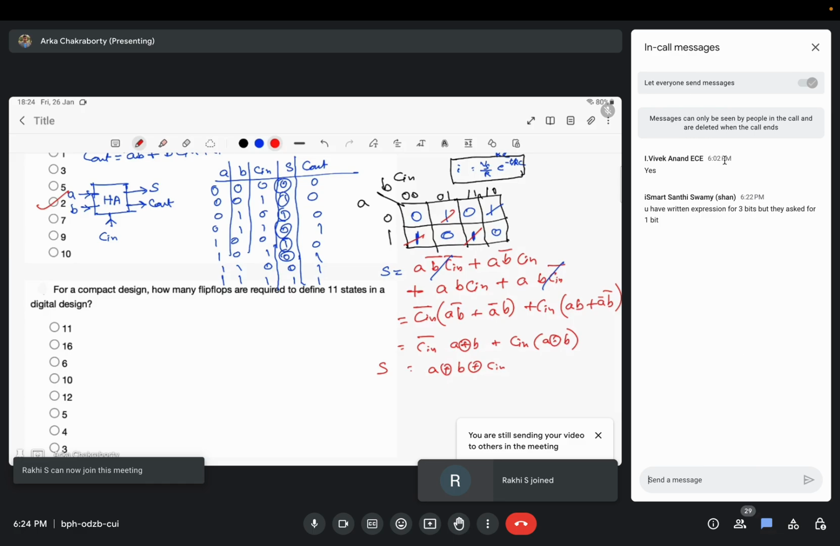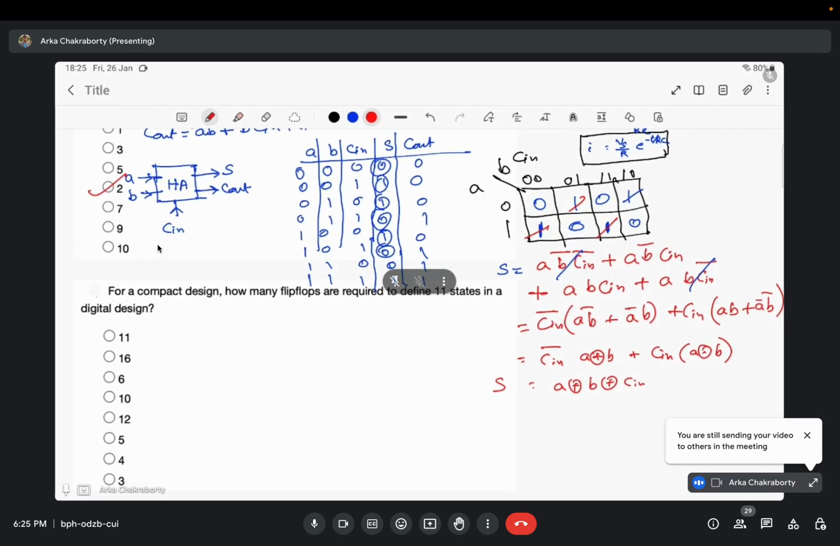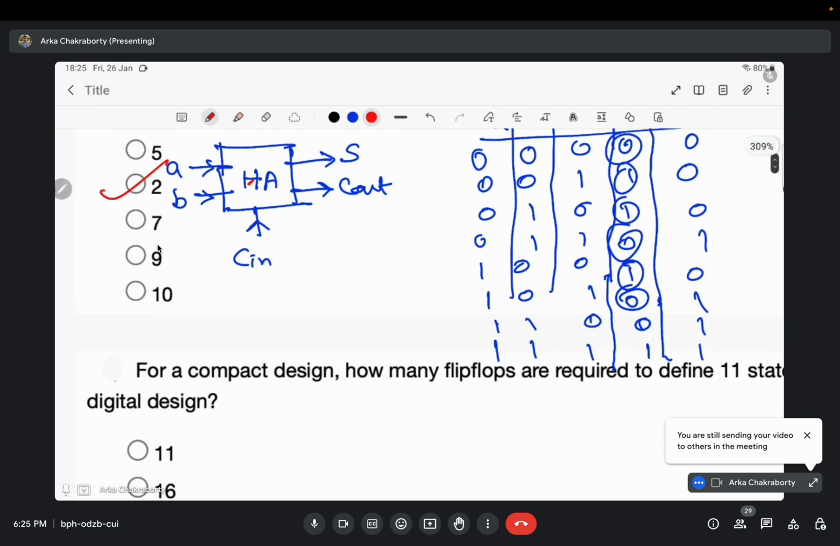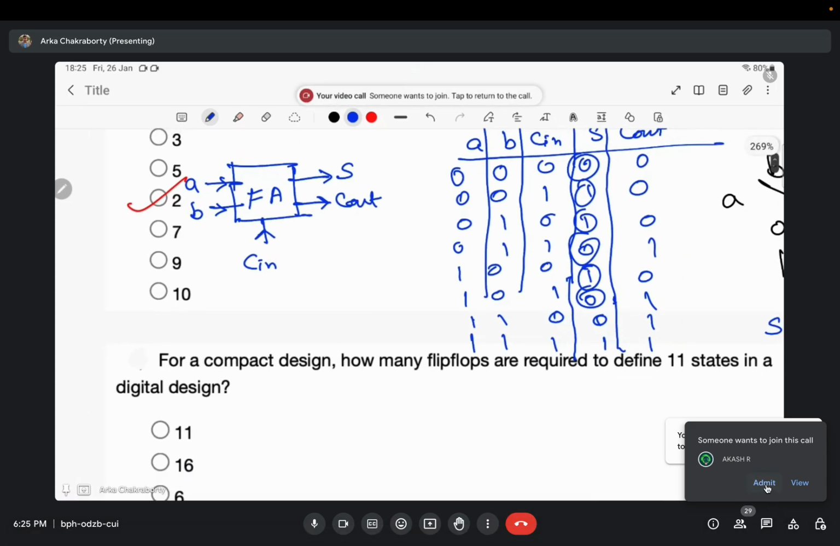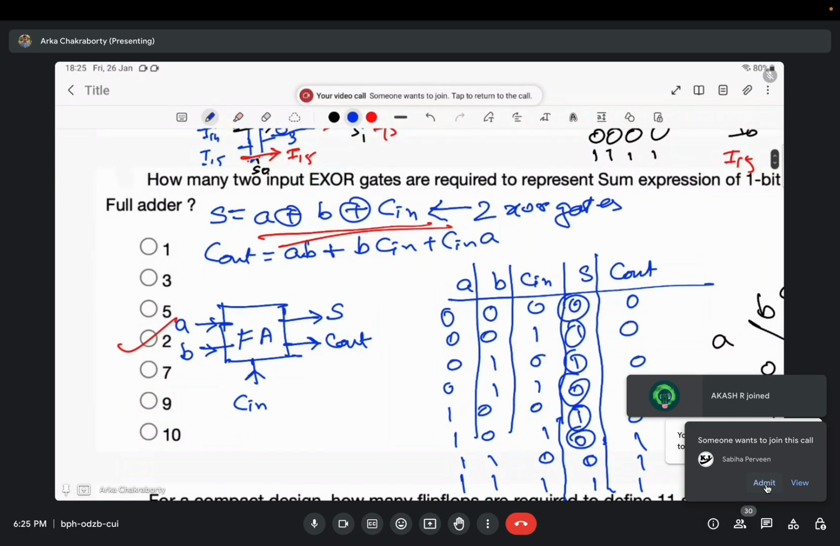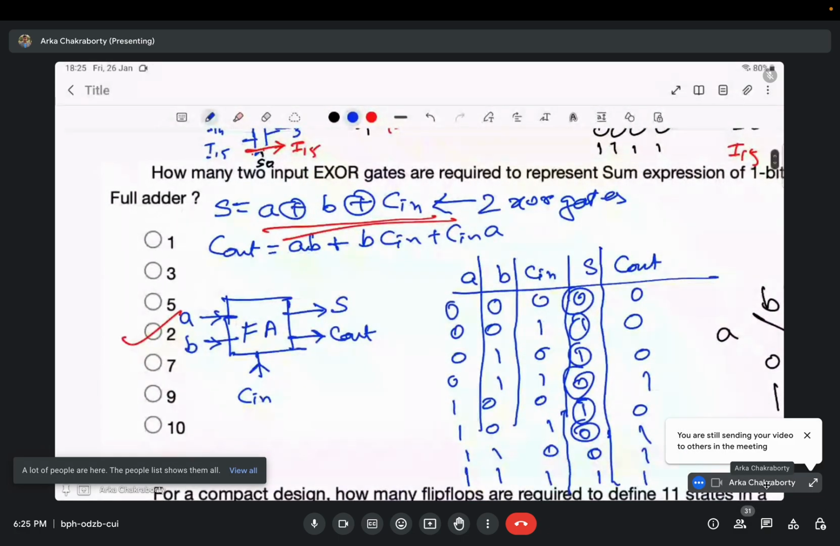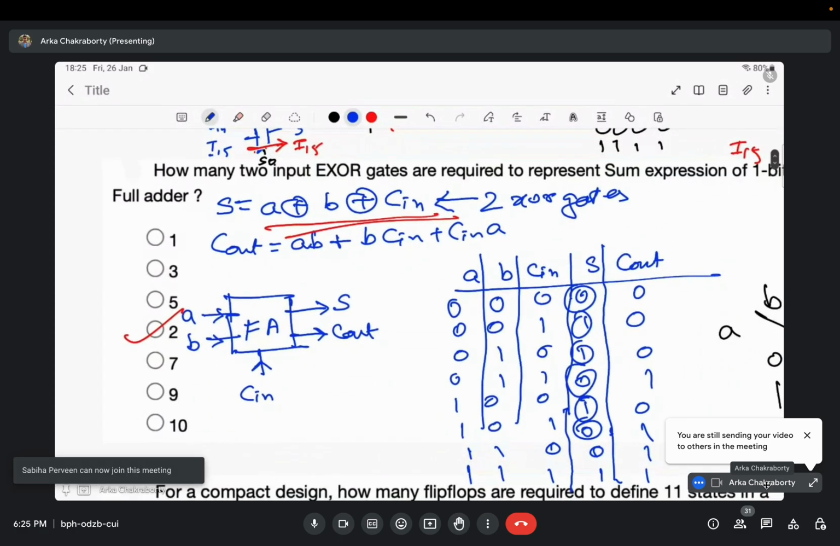Okay, someone is asking some question. You have written expression for 3 bits, but they asked for 1 bit. See, it is a 1 bit, sorry, not half adder, it will be full adder, right? So the question is, I am required to represent some expression of 1 bit full adder. I think this is a 1 bit full adder, right? Because you will have